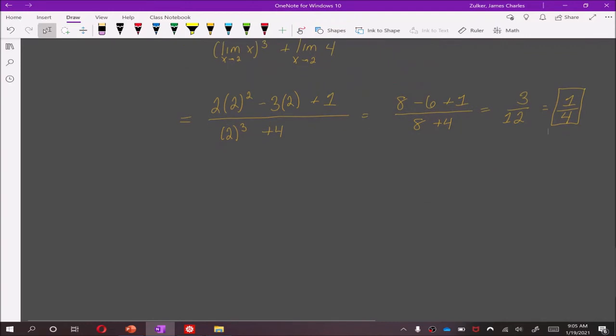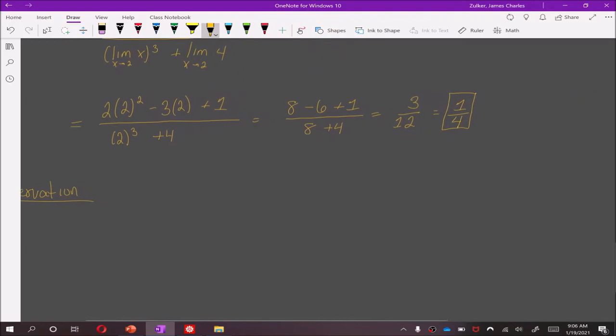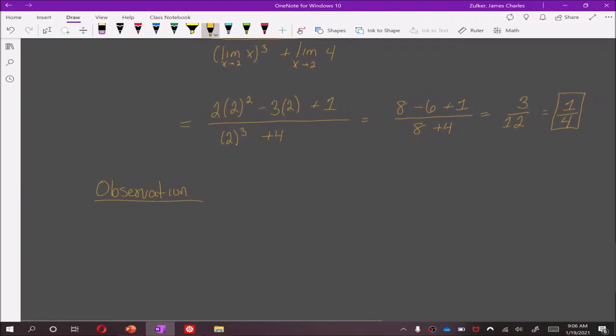In other words, this is just an observation. It appears that the limit as x approaches a of P of x equals P of a, where P of x is a polynomial,